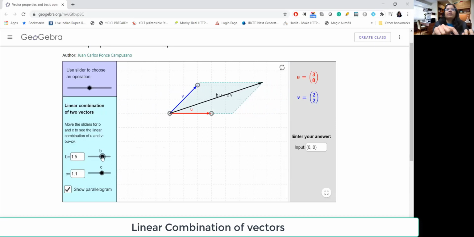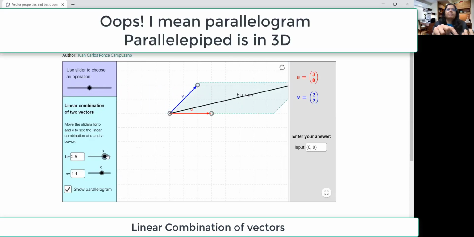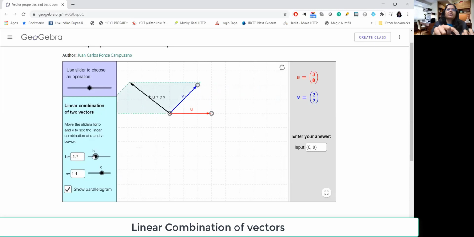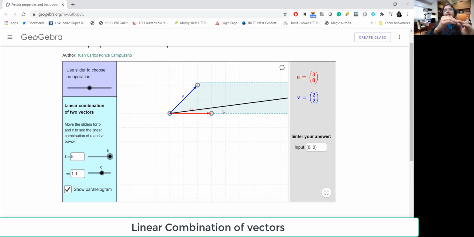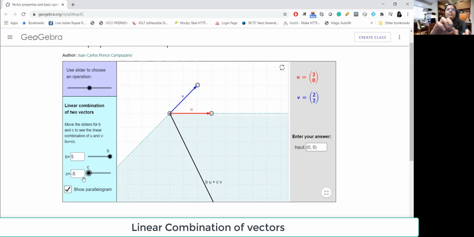So basically, if I'm changing these scalars, I'm getting some parallelogram. If I'm just changing b, you can see this parallelogram is moving just from left to right by changing the value of the scalar. In the given range, we can have more range also, but in the applet, we have this range, right? So it is moving here, but it is fixed here in that it is the area above the x-axis, the way the vectors are chosen, right? And if I look at the impact of this, you see that it is going up and down, but to the right hand side of the vector. So we are able to see these things.